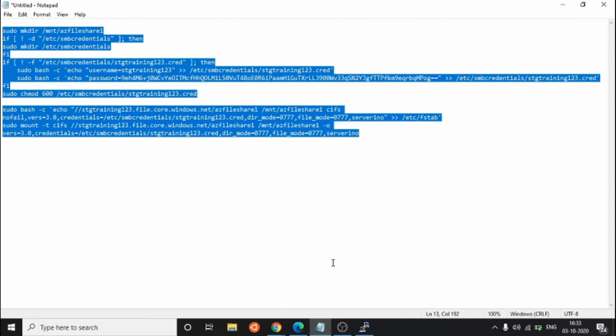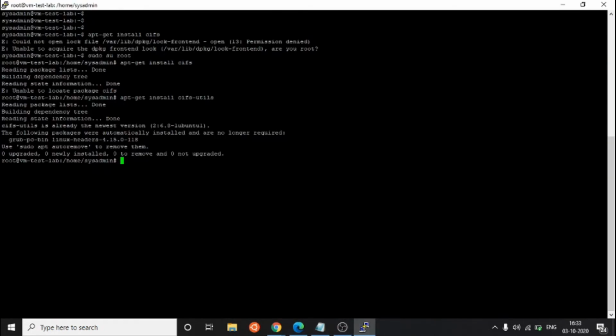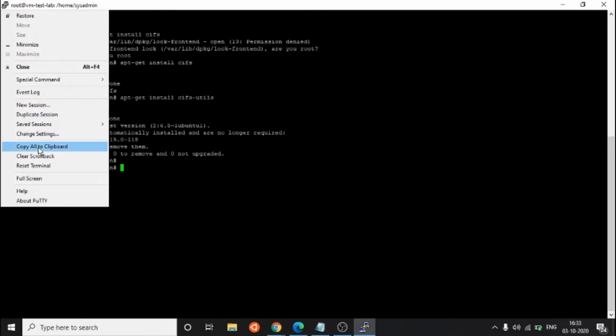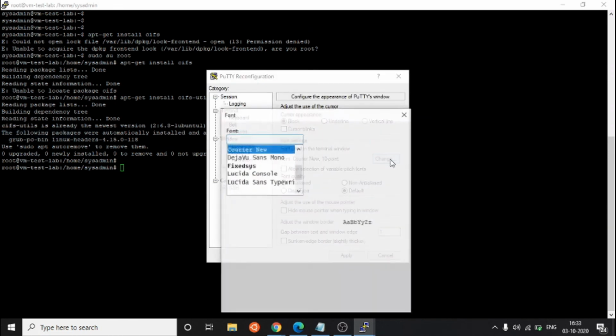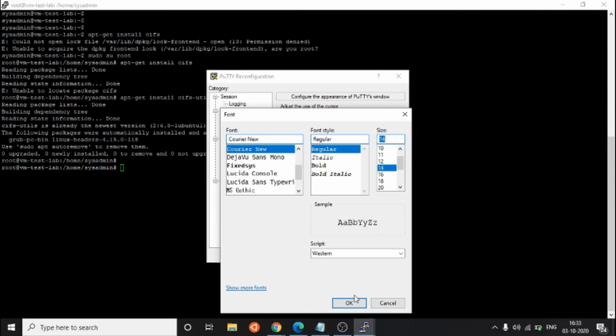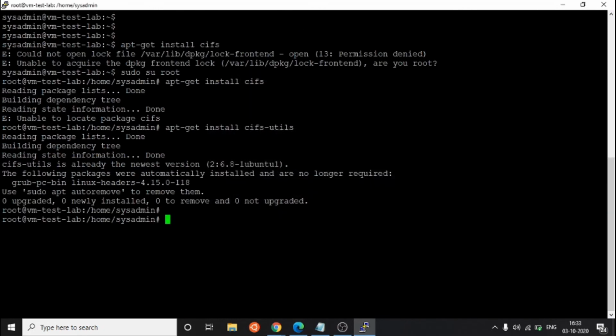Okay, let's go to the Linux system. Now I am going to create a script. I am going to increase the font because it is a little bit small, so I am putting 14. Create a script, give it any name, fileshare.sh. I have given it here.